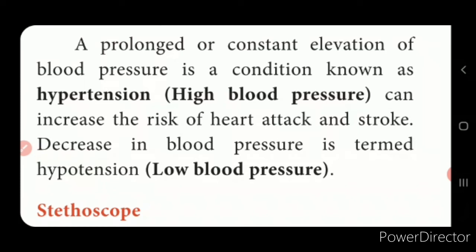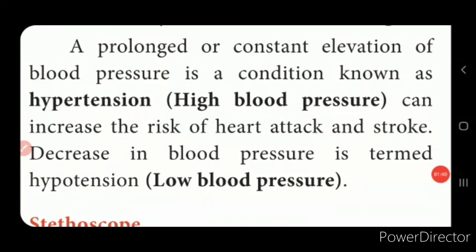Now when the ventricular systole, that is the contraction of the ventricle, takes place, the left ventricle contracts and forces the blood into the aorta, which is referred to as systolic pressure. Now when you talk about the diastolic pressure, during this the ventricle relaxes, isn't it, and the pressure drops down, and this is called the diastolic pressure.